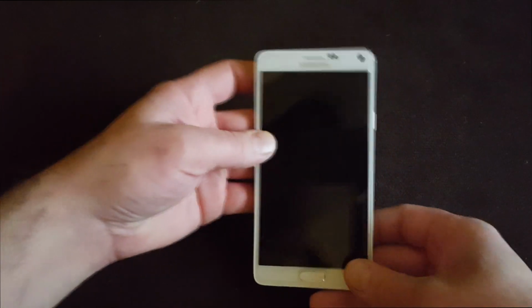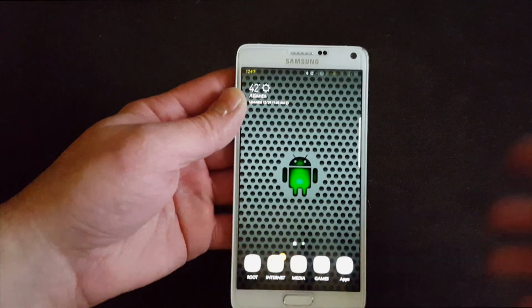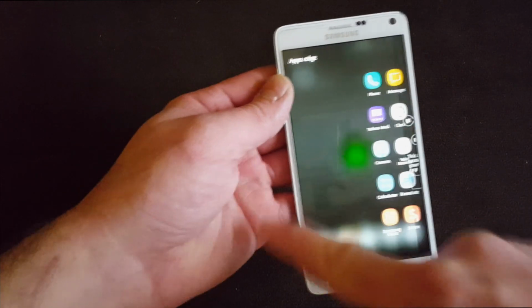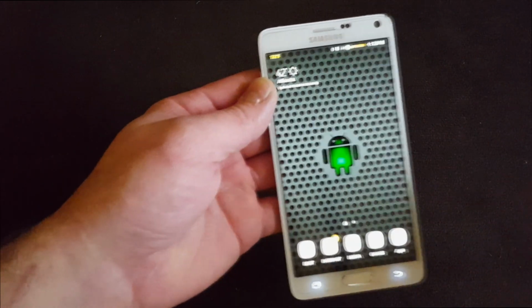Okay, guys, so let's just get right down to this. This is the Note 7 ported ROM right here, guys, that I'm running. As you see, it has that side panel and all that good stuff. You can add different panels if you want to, but anyway,